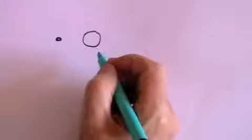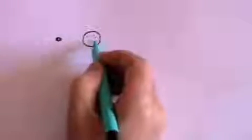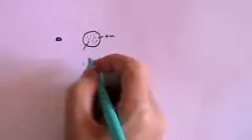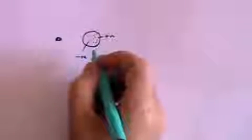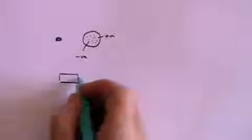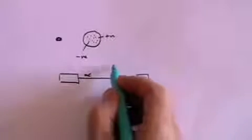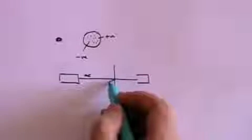J. Thomson showed that an atom was made up of different bits, positively and negatively charged, and that gave rise to the plum pudding or the currant bun model, where the dough of the bun was the positively charged bit and the negative part of the bun was essentially the currants. But then Rutherford came along and showed that wasn't right. He took radium bromide, which is an alpha particle emitter. He put a detector to detect the alpha particles. He put a gold foil in front of the alpha particle stream, and he found that a very small number